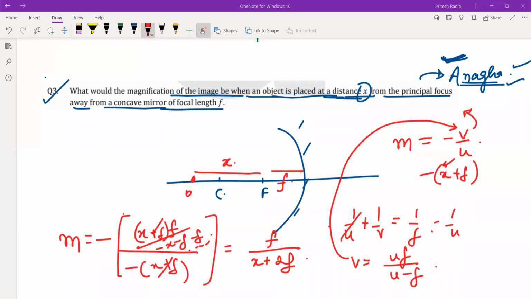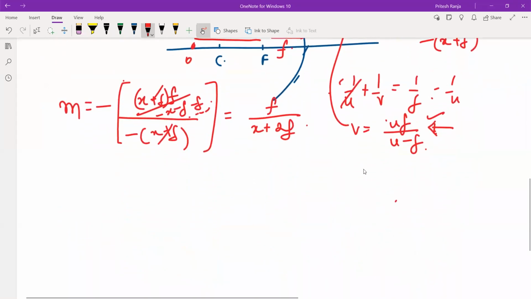सर यहाँ पे वो 1/u plus 1/v is equal to 1/f, उसमें और थोड़ा स्प्लिट करके कीजिए सर, वहीं पे कहीं प्रॉब्लम हो रहा है. That means this value of v is not right. ये तो करेक्ट है. नहीं सर, ये करेक्ट है, वो उसमें कैलकुलेशन में कहीं एरर हुआ है. तो u के जगह अगर हम रखते हैं x plus f